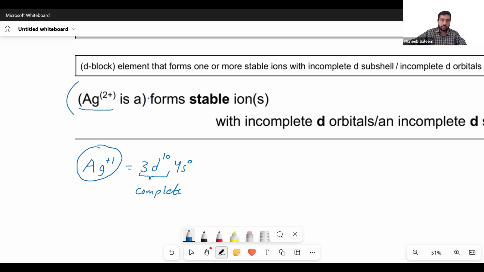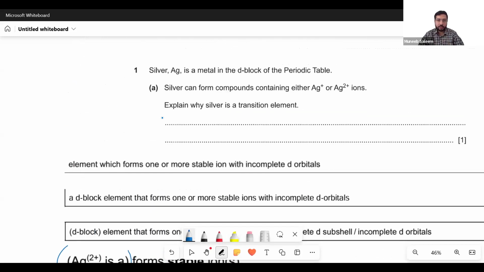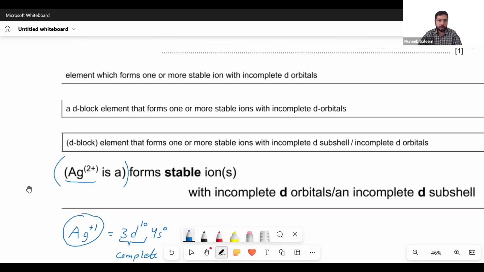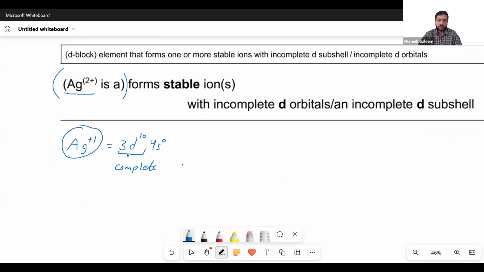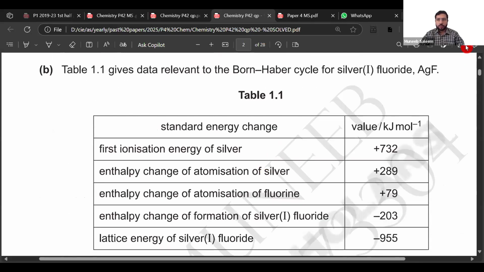Although the whole of this answer is in brackets, which means it's not necessary to write which silver ion you are considering, because the question asks you to give the answer for silver. It didn't ask you to tell one of these two. So it's up to you, but do not write incorrect chemistry in your answer. Now the next question is